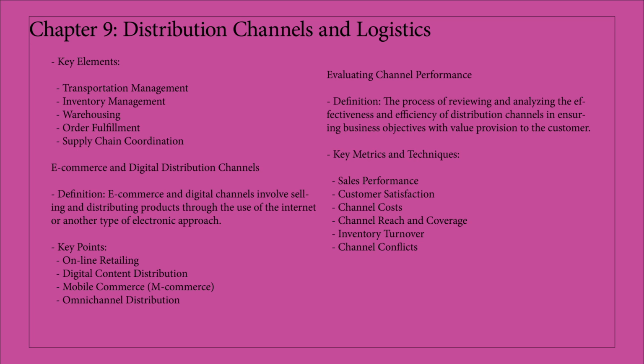Netflix and Spotify are examples of services that offer digital content to their subscribers. Mobile commerce. In m-commerce, the transactions and distribution happen via mobile devices. Mobile apps empower customers to view products, make orders, and pay by using their smartphones. Omnichannel distribution, unifying online and offline channels to provide a seamless customer experience. For instance, a retailer that allows customers to buy online but pick up orders in store just makes things easier and more convenient.